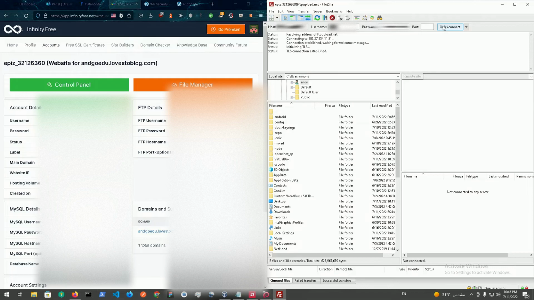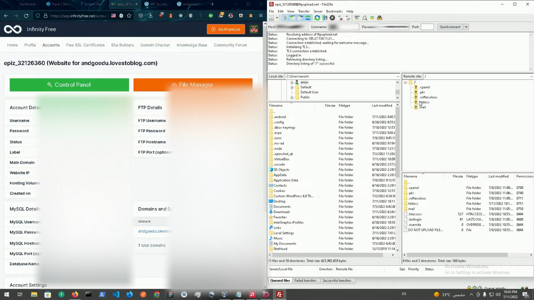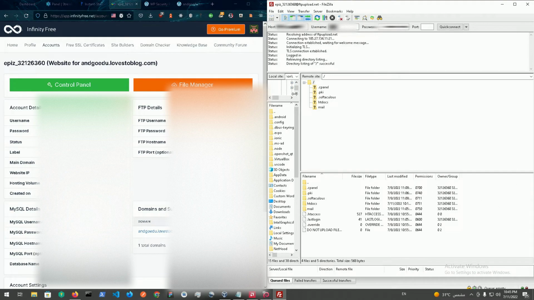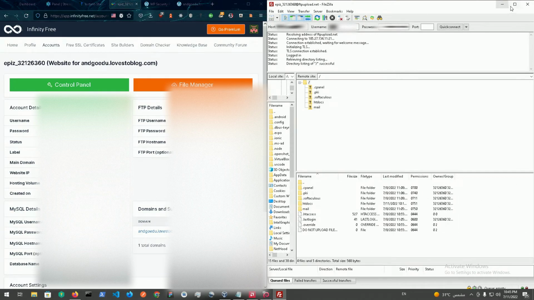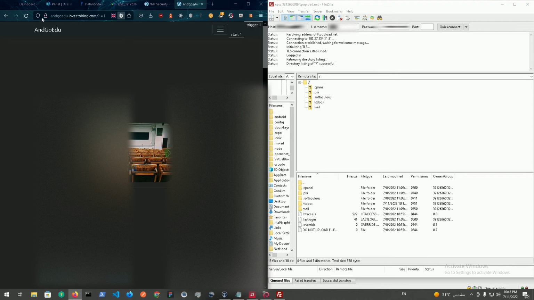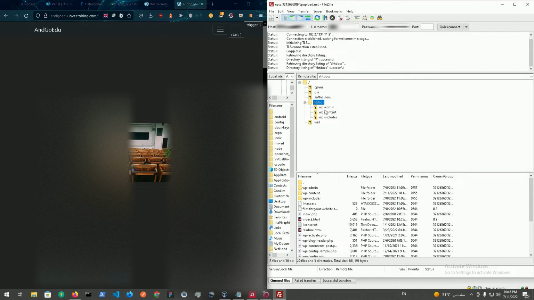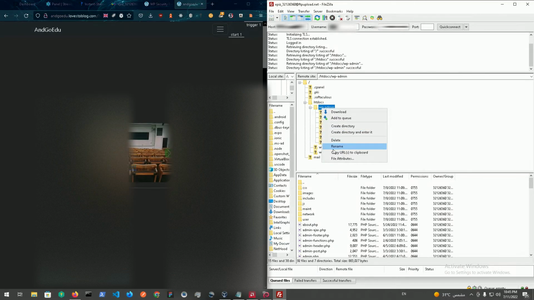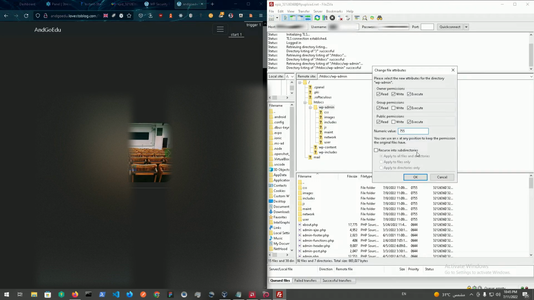So if I just click connect, right now you're gonna find on the remote site here on the right all the files from this WordPress website that's vulnerable basically. We have htdocs, we have the WP admin. We could change permissions, like if we go to file attributes right now, we could change the permissions to public permissions and group permissions, like everybody can do whatever they want. So we're not gonna do that right now, but